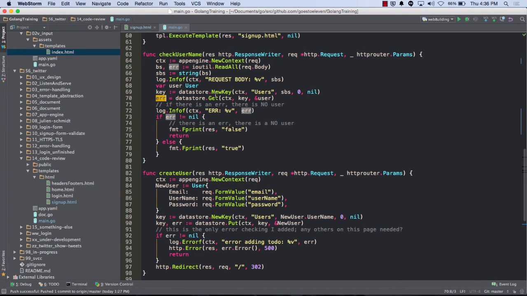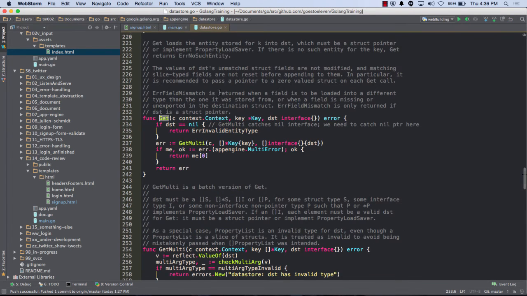Because datastore Get, when you look at the documentation, says it loads the entity stored for the key into the destination, which must be a struct pointer or implement PropertyLoadSaver. So when you're storing stuff from App Engine, you have to store it into a struct pointer.